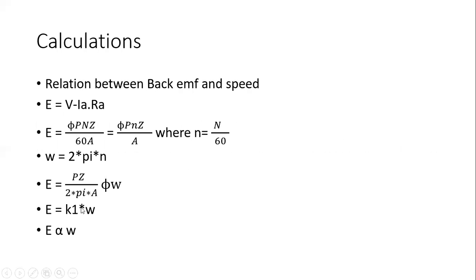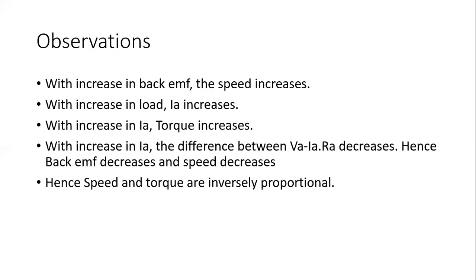So this is the expression that corresponds to it, that is E being proportional to the speed, or the angular speed in this case. Correspondingly, the next observation that we see is with the increase in the value of load. We know that the load current value for this particular motor is 1.3 amperes. In correspondence to the increase in this value fractionally until 1.3 amperes, we can see that this IA component also increases. And now we also know the relationship that lies between torque and armature current.